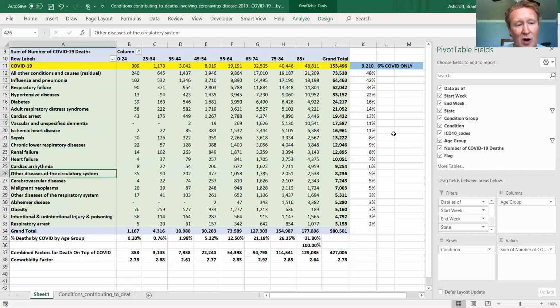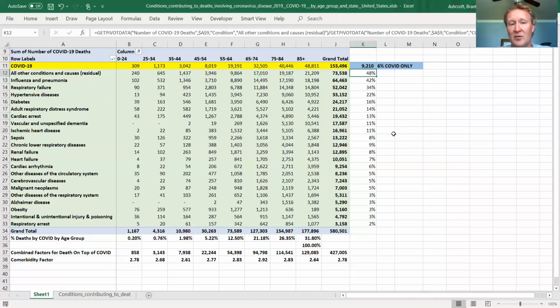I'm not a doctor. I don't know everything about all these diseases, what they are, what causes them. But some of these obviously are due to life choices or age and all kinds of other different things. But basically, here's your causes of death, and then it says you can see it by age group. So these are in addition to COVID. So for every one COVID death, you could have 0, 1, 2, 3, 4, 5 of these other causes, right? So that's basically what this data is telling us.